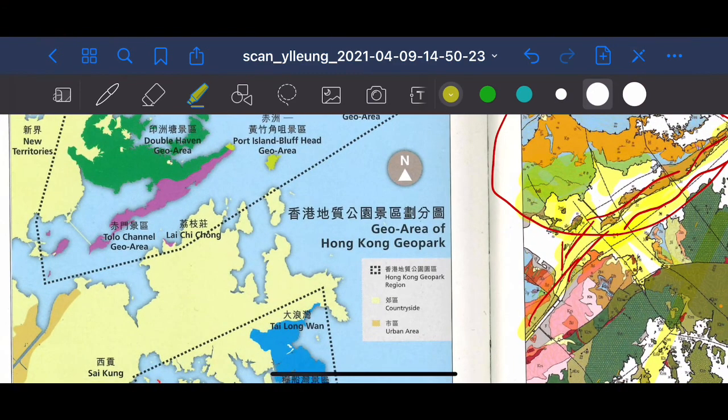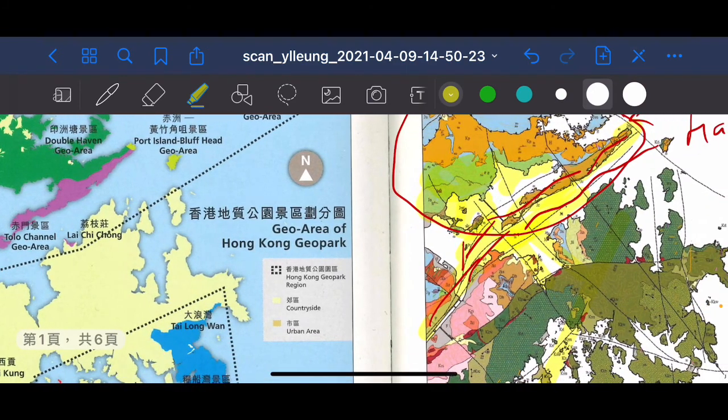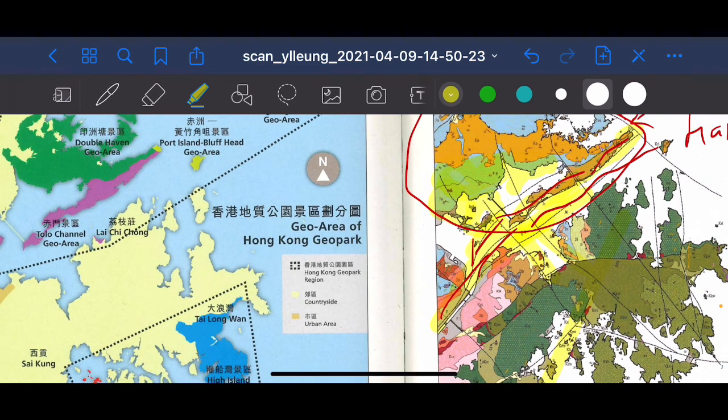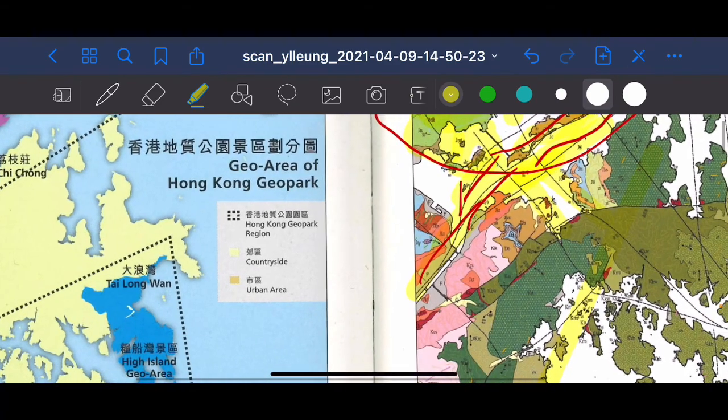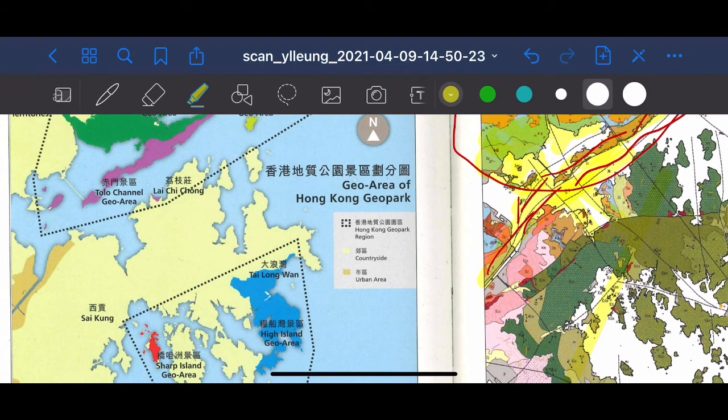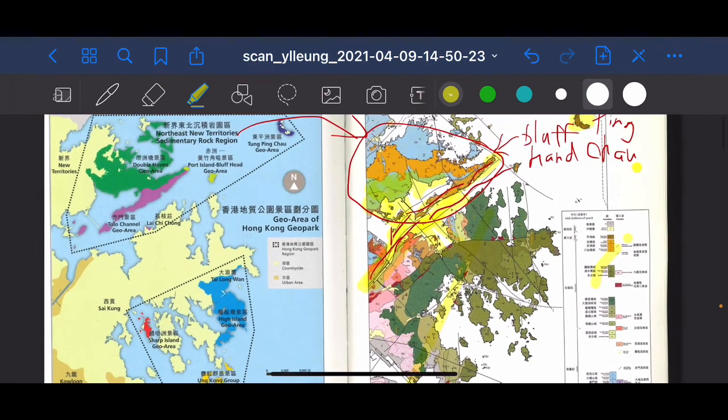You can see the Tolo Harbor is full of fault line. So it's quite funny that the very sudden water inlet within the Tolo Harbor is mainly because of faulting. It makes up the Tolo Harbor. What's more, it also makes up the Sha Tin Valley. Indeed, there are a lot of examples, then, talking about the formation of faulting,